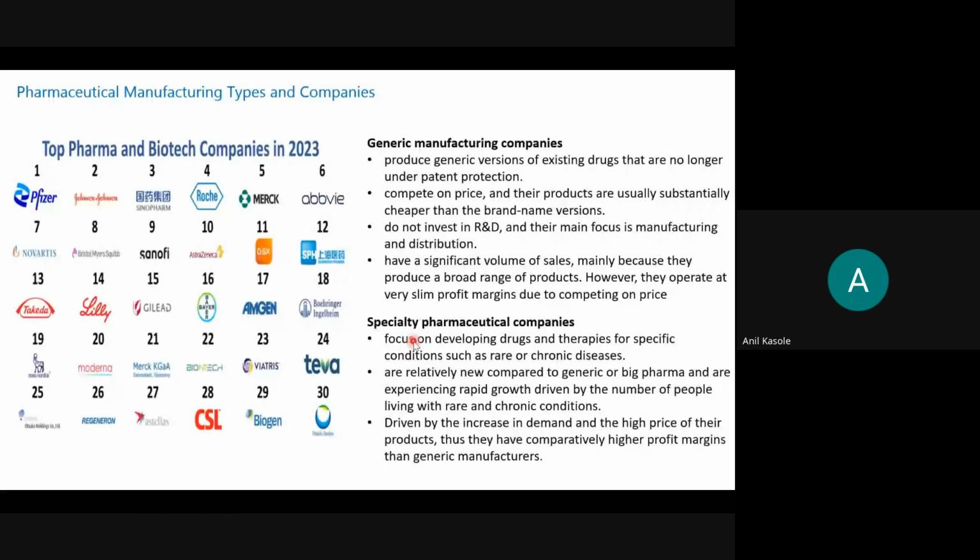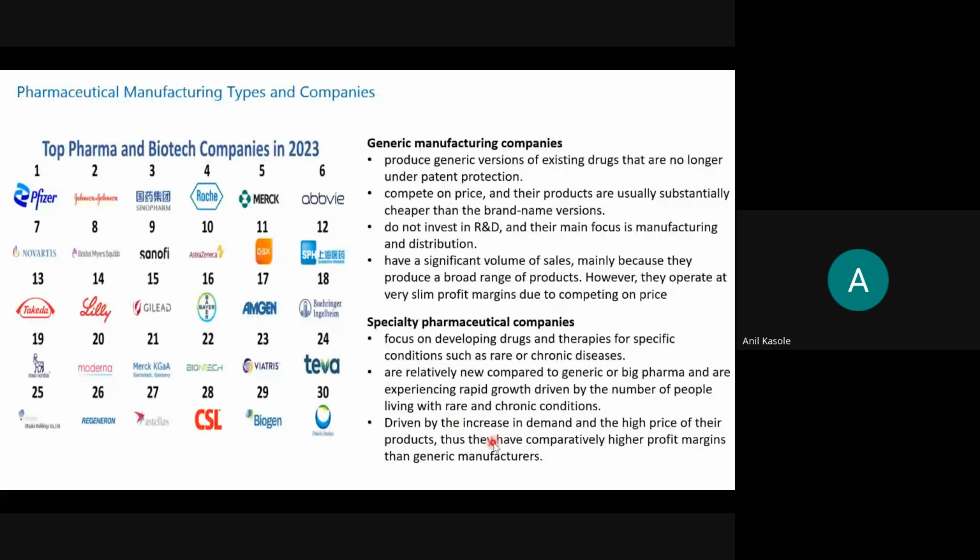Then what are specialty pharmaceutical companies? They focus on developing drugs and therapies for specific conditions. I mean, these are very unique drugs, for example, on cancer. So they can focus on specialty pharmaceuticals. Because this drug is not in the market, they spend a lot on different process developments, studies, stabilities, and based on that, they can come up with a very unique product, right? That is nothing but specialty pharmaceuticals. They are relatively new compared to the generic or the big pharma companies,